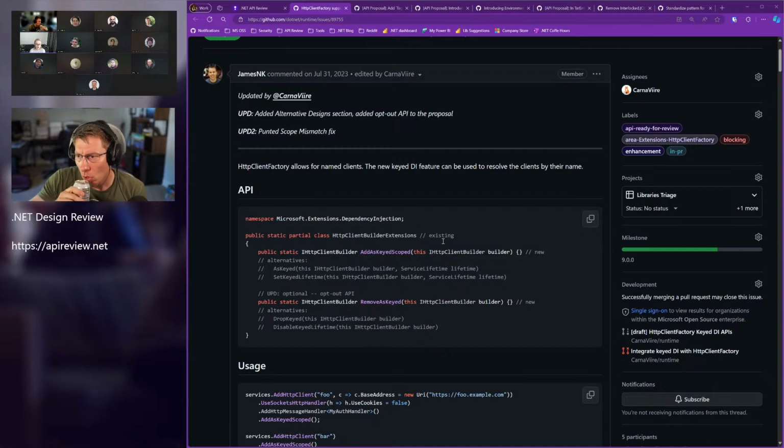Okay, so about the HttpClientFactory and KeyDI. In 8.0 we've added KeyDI, where you can resolve services by name, so you can have several different implementations of the same interface registered by different names. It was technically similar to what HttpClientFactory is doing with the clients, though that was created a long time ago, and it just makes sense to be able to get the clients from the API as well, basically integrate